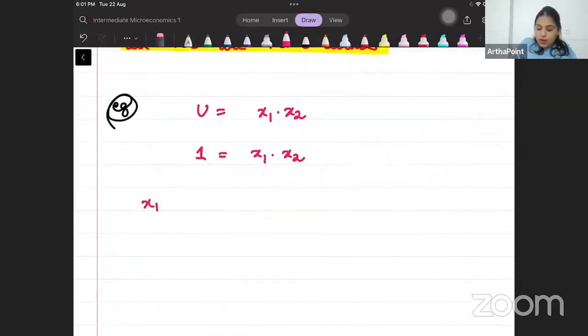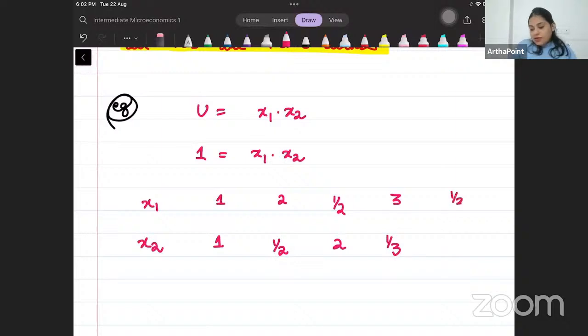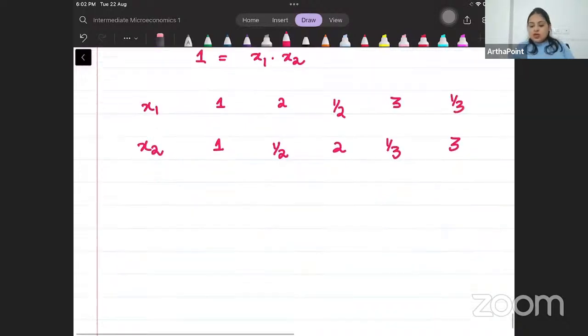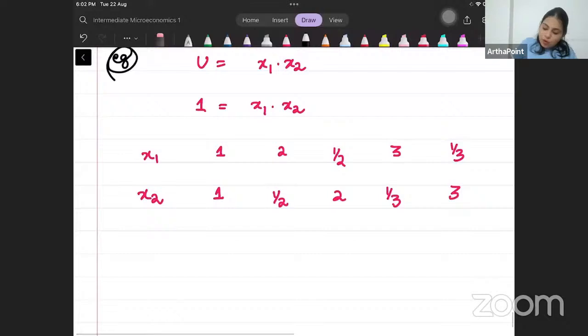Beta, this is good 1 and this is good 2. 1 into 1 is 1. 2 into half is 1. Half into 2 is 1. 3 into 1 by 3 is 1. 1 by 3 into 3 is 1. So if I go ahead and I plot this,